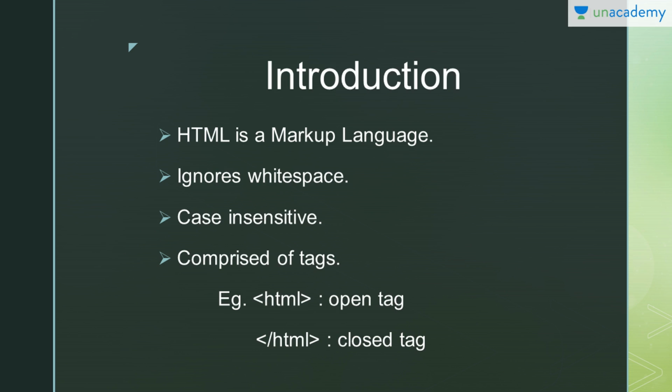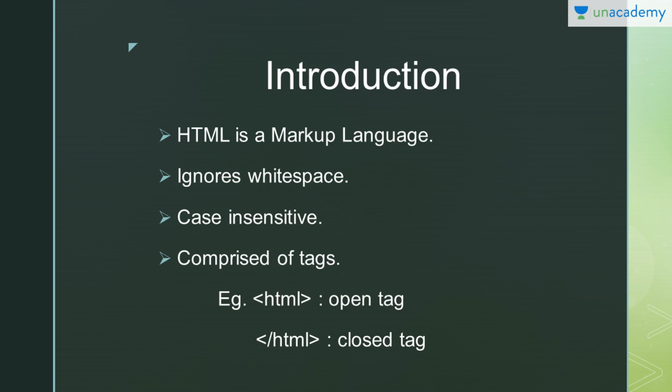Next is it ignores white spaces. Now what does this mean? You see, sometimes whenever we write a code, we end up giving more space between the values or maybe attributes, right? So in HTML, the best part is that whether you give 5 spaces or 1 space, that space will be treated as a single space only. So it ignores every other white space but accepts only a single blank space. So this is a huge advantage of using HTML actually, right?